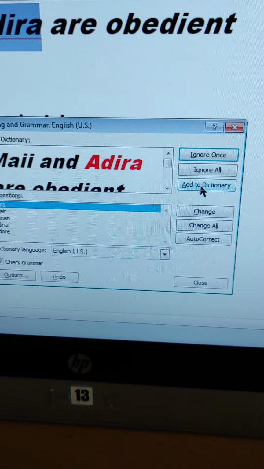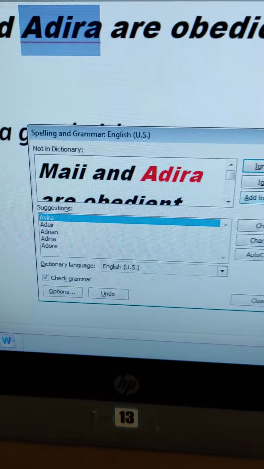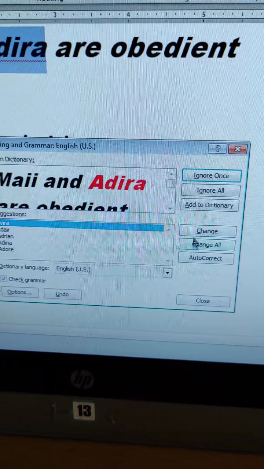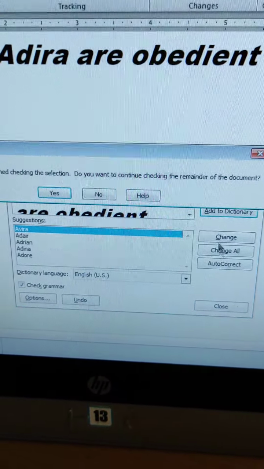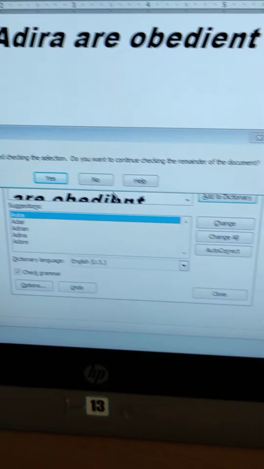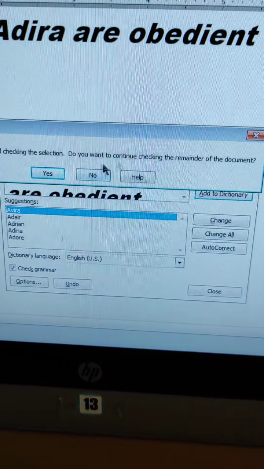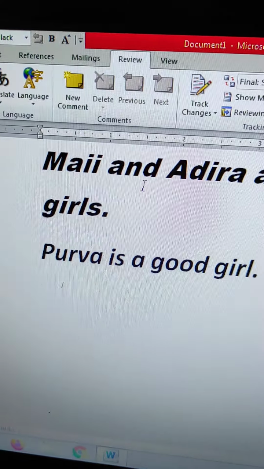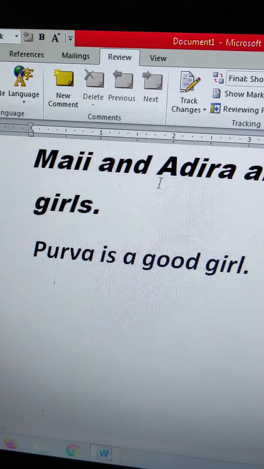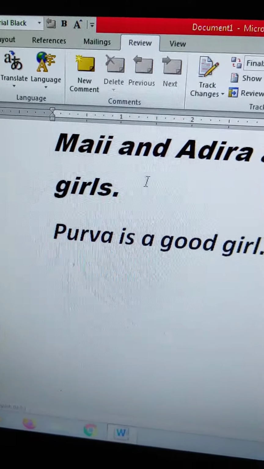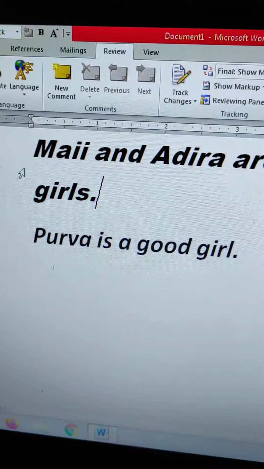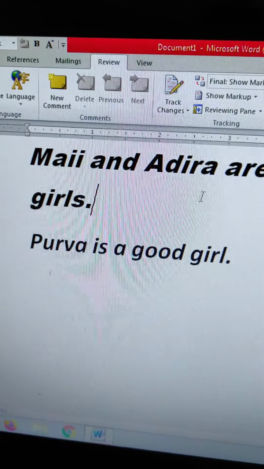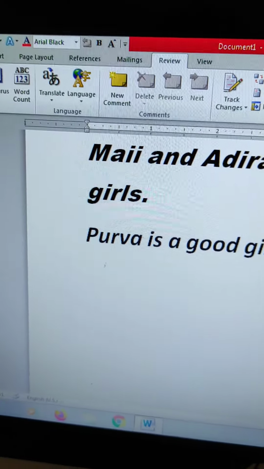If you click on Add to Dictionary, it will add. Okay, and then close it. Now you can see it will not mark a red wavy line. It will go. Now this name is added in the dictionary.